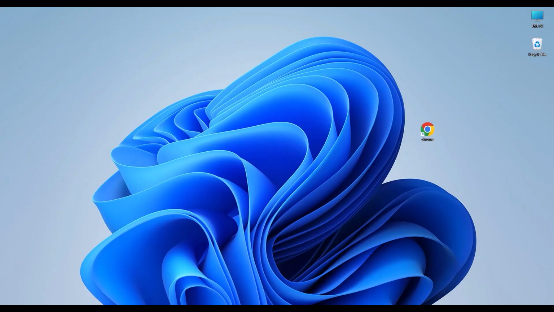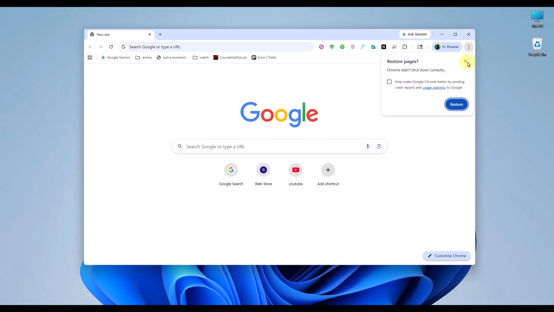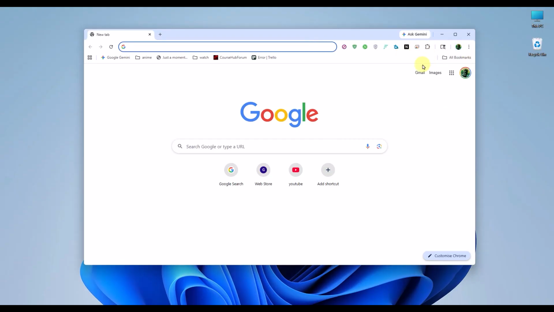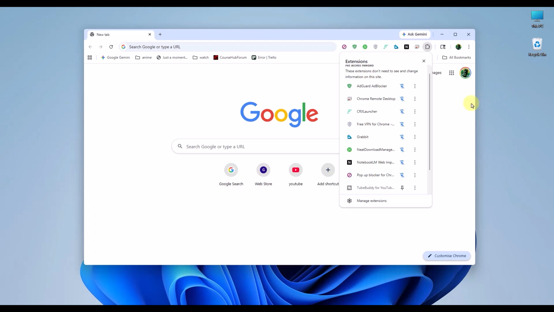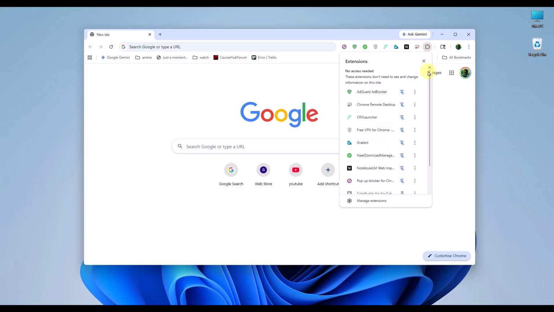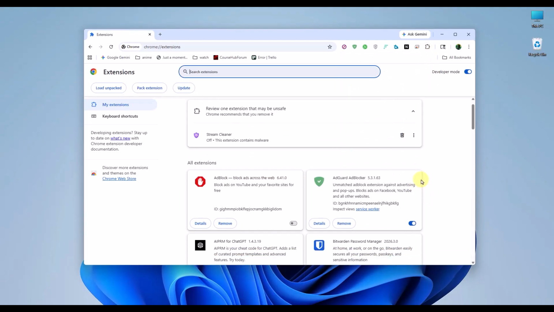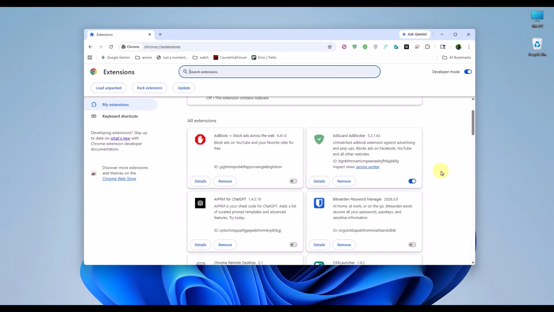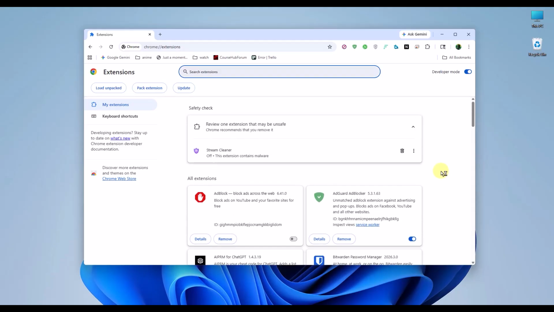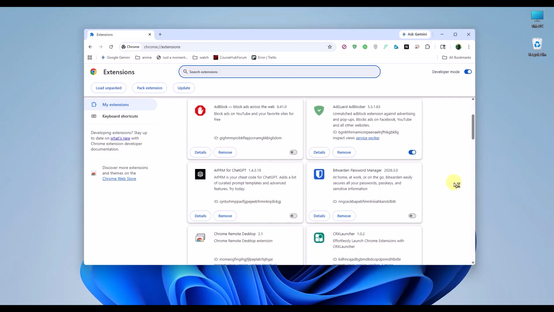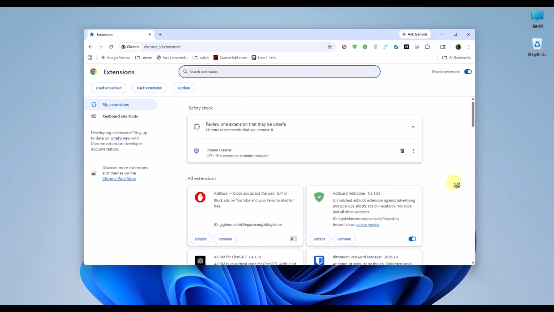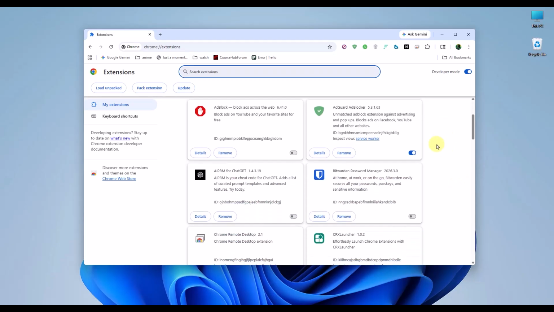Let's get started. First, the fastest way to solve this is to simply click directly on the error button itself. A drop-down menu will appear explicitly telling you what is wrong. If it says extension error, an add-on like Adobe PDF or an antivirus web shield recently updated and needs your permission to turn back on. If it asks you to sign in again or enter passphrase, your Google account session has simply expired or requires